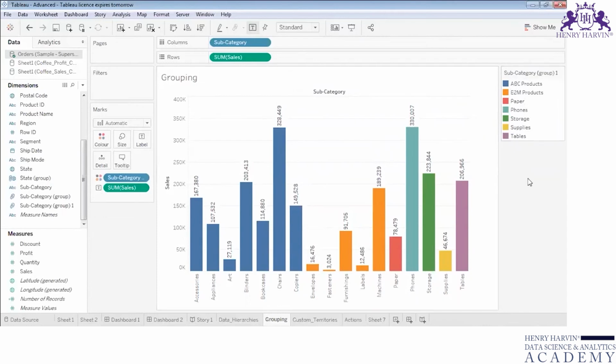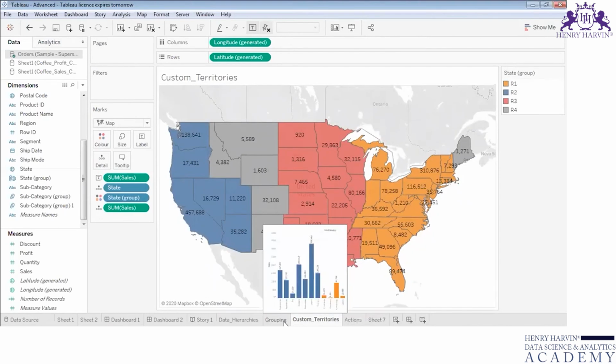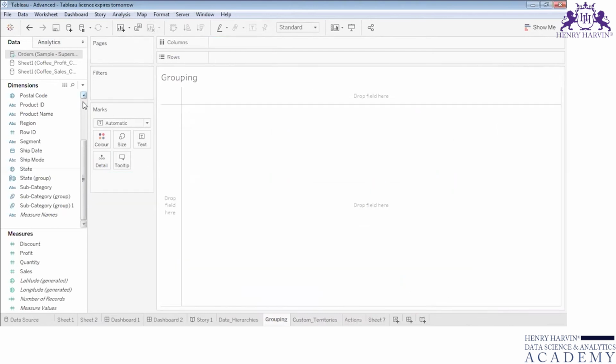Since I have grouped them together, I can easily show them on my graph with a unique color. So if a user wants to see them together, they can easily group the products together. Another thing is that you can also create custom territories using grouping. First of all, we'll study how to create groups of the data points, and then we'll see how to create custom territories. For that, first let me remove this visualization over here,